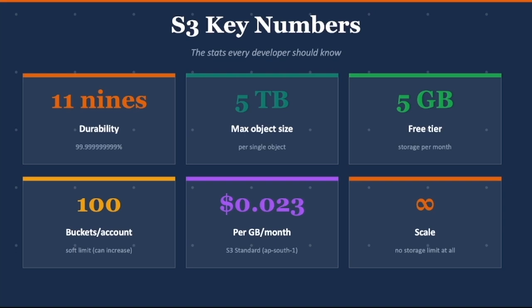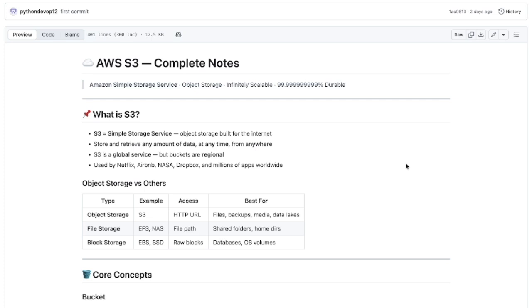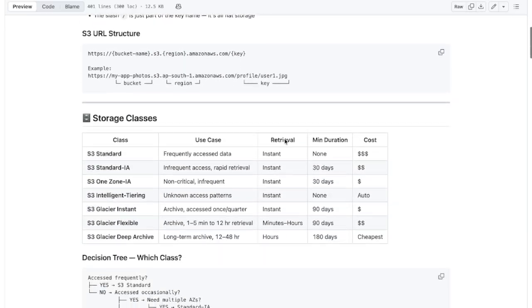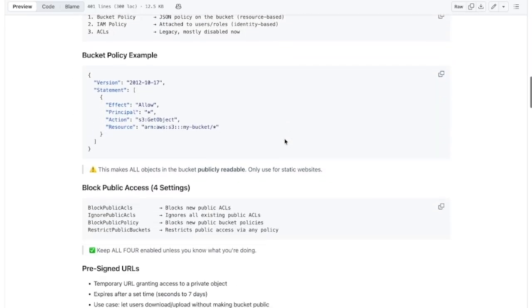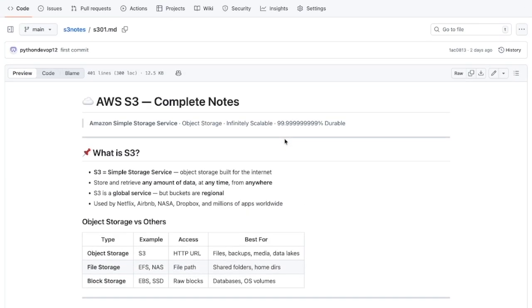Or I will share them in my GitHub repo. So let's go to my GitHub repo. I have also put the complete notes for the entire series right here in the repo, and I will keep updating the repo as well. Everything we cover, like storage classes, security, lifecycle policy, CLI commands, interview questions, all of it I will document here. You can use this as a reference while you watch or come back to it later when you need a quick reminder. Link in the description. Go ahead and clone it or star it.